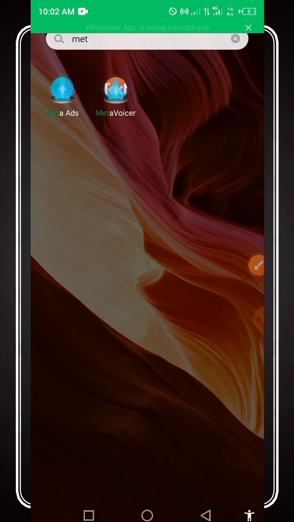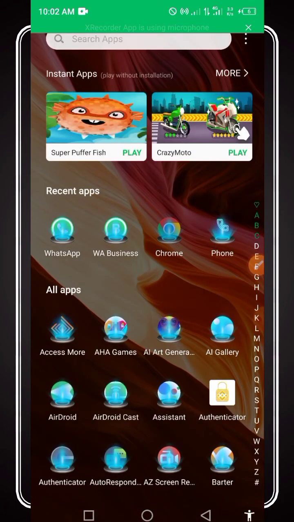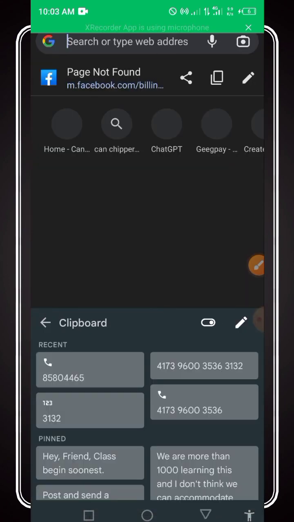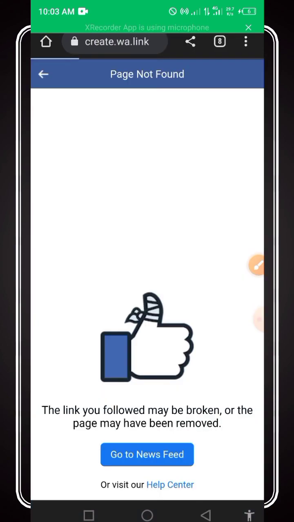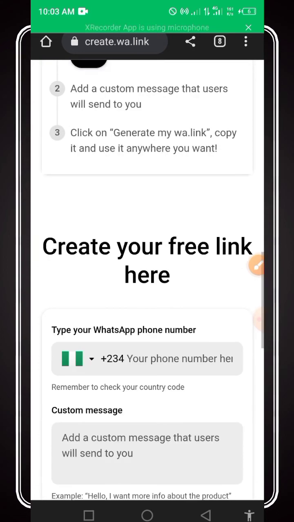To add a website is so simple. I pray I don't lose it when I come back to Facebook, because I pray I don't start all this over. So you can come to this place and type "create wa.me link", where people can chat you up on your WhatsApp. It has been trending for long, and you come here